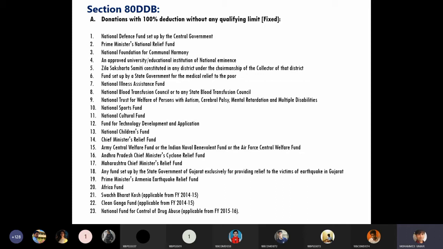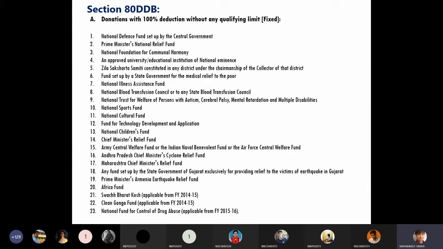So this includes your National Defense Fund, Prime Minister's National Relief Fund, National Foundation for Communal Harmony, approved university educational institution of national eminence, Zilla Saksharta Samiti, constituted in any district under the chairmanship of the collector of that district, fund set up by a state government for medical relief to the poor, National Illness Assistance Fund, National Blood Transfusion Council, or any state blood transfusion council,